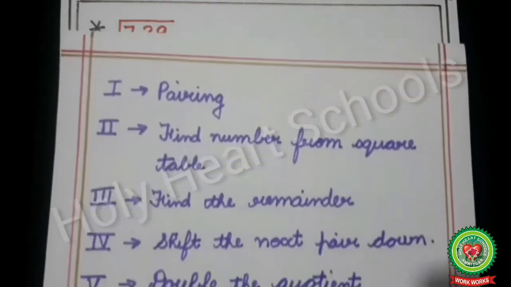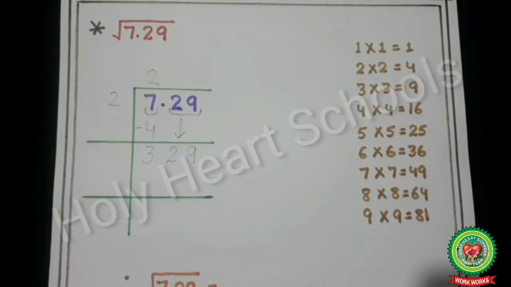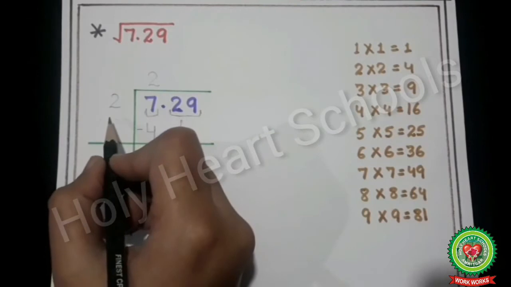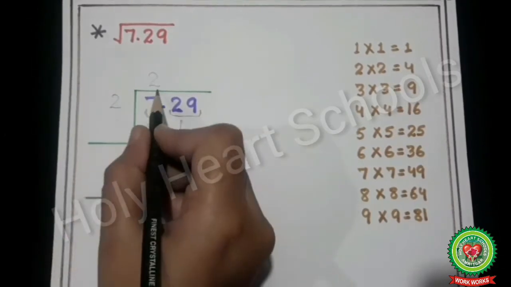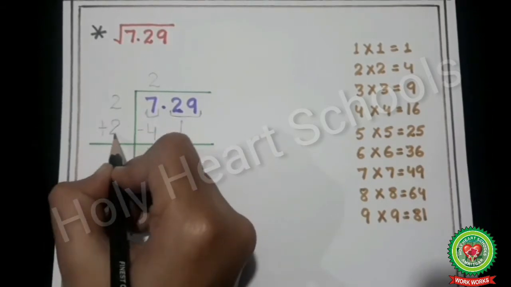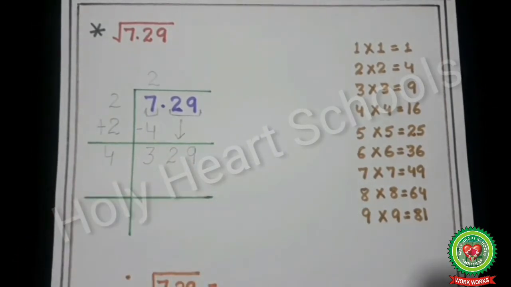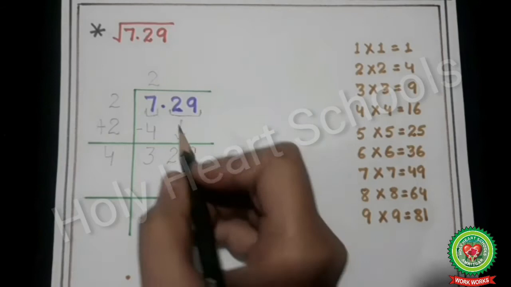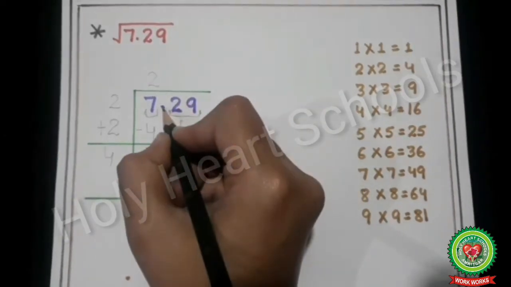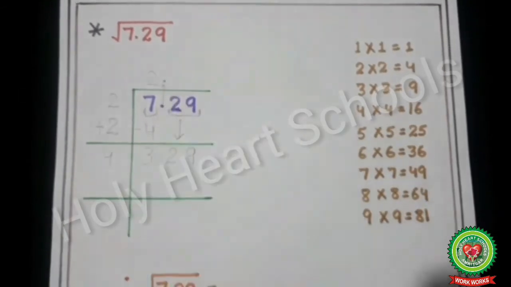Then our next step is double the quotient. So to solve this step we have to add last digit of the quotient to the divisor. Here our divisor is 2 and digit in the quotient is 2. So we will add 2 with 2, comes out to be 4. So we will write down 4 at the place of divisor. Now our decimal part comes to an end, so we will shift decimal above and write down with quotient.